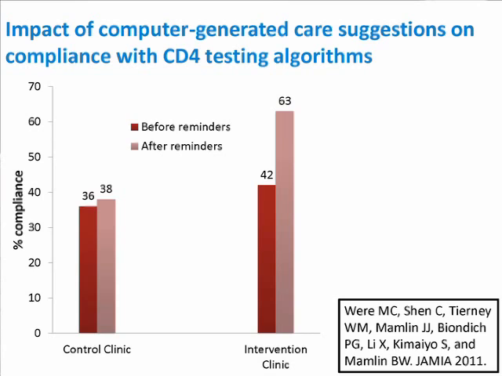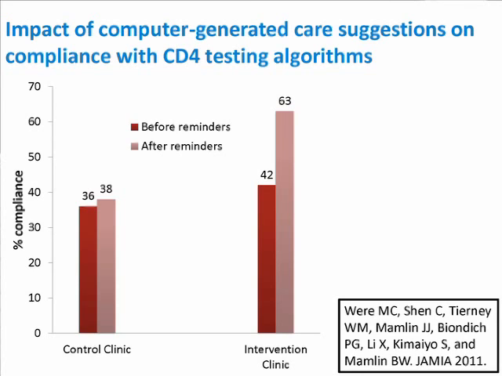Whereas the intervention group were being told, hey, you need to order the CD4. You can see that the intervention group went from, before implementation period of percentage of 38 to 63% compliance, okay? Whereas the control group went from 36% to 42%, okay? So again, you almost double the compliance rates